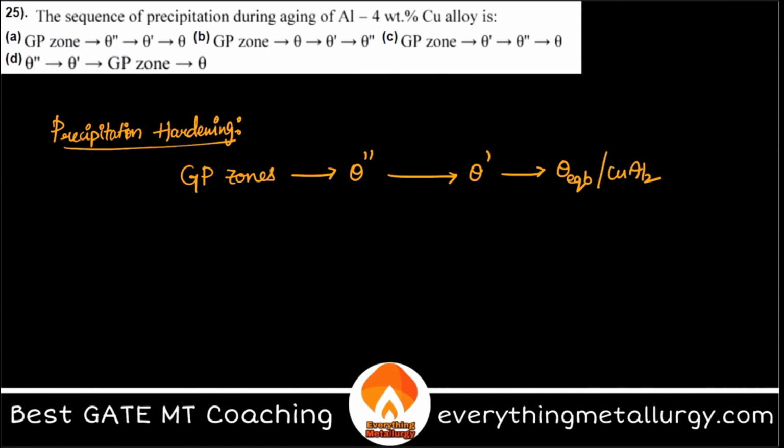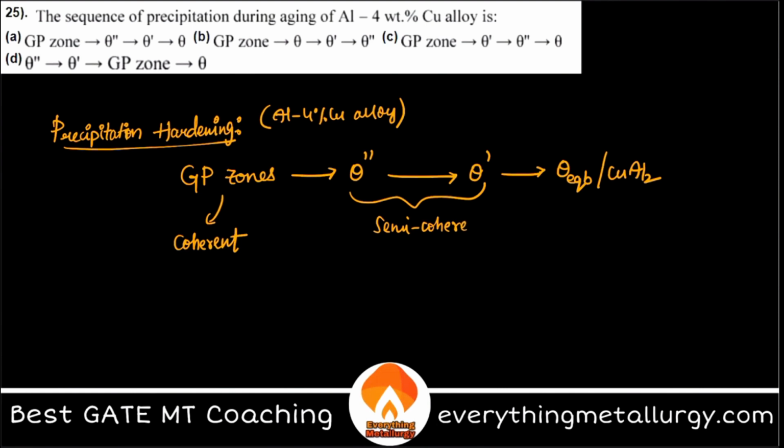CuAl2 in this case. This is my precipitate. So this is the sequential transformation of precipitation hardening in aluminium 4% copper alloy. GP zones are basically coherent, whereas these intermediate precipitates are semi-coherent, and because theta is a separate entity, it is completely incoherent with the matrix. So this is the sequence that you observe in precipitation hardening. Moving on,